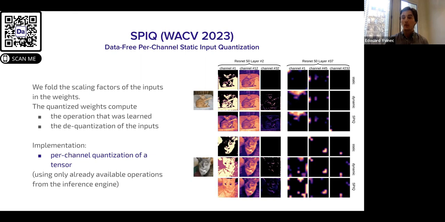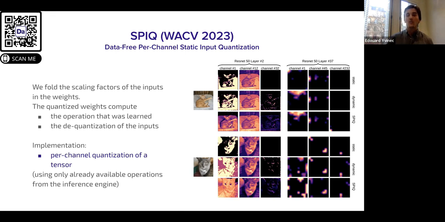So what we did, and we published this work at WACV this year, is to find a way to actually have per channel quantization on both weights and inputs, but still remain on the right-hand side of the previous equation. And how we do that is fairly simple. What we want to do, the quantized weights, instead of simply approximating the full precision weights, do 2 operations at once. First operation, the learned matrix multiplication. Second operation, the dequantization of the inputs. So if you're very familiar with the literature, you can make connections with cross-layer equalization. The difference is that cross-layer equalization was thought for per tensor quantization, and this is the equivalent for per channel quantization.